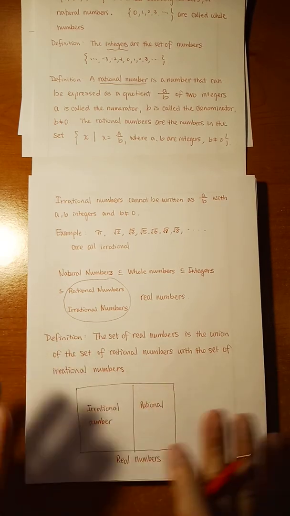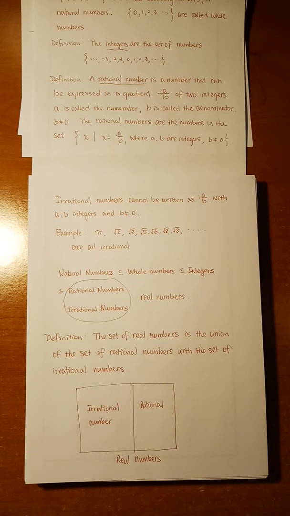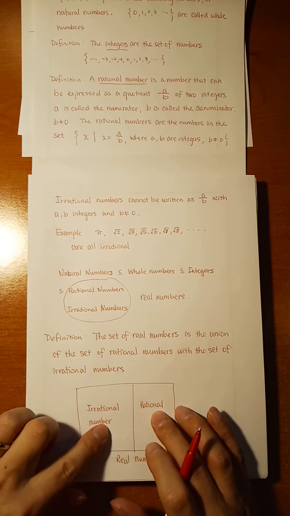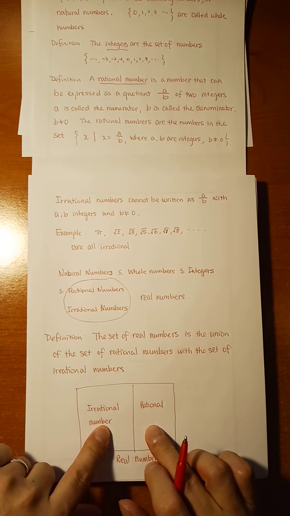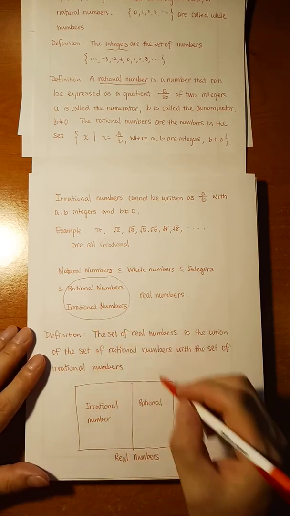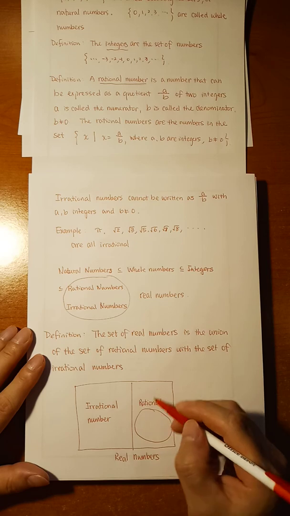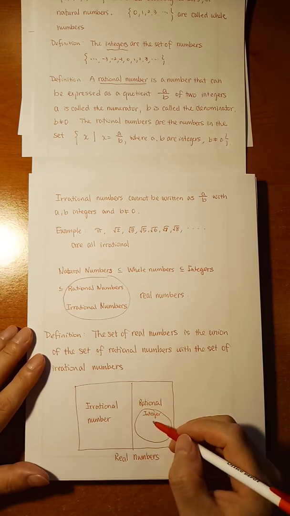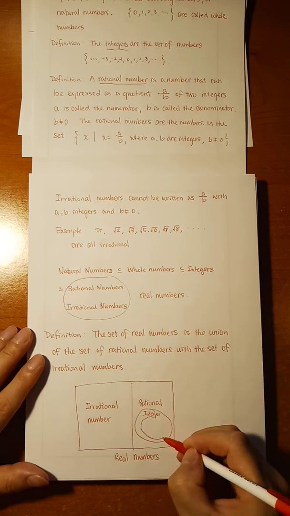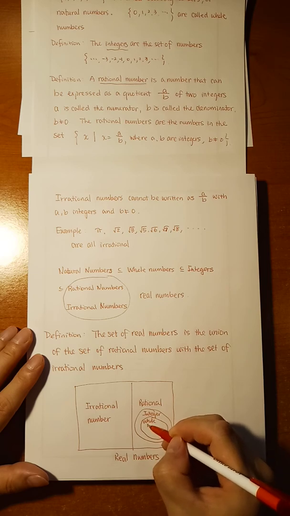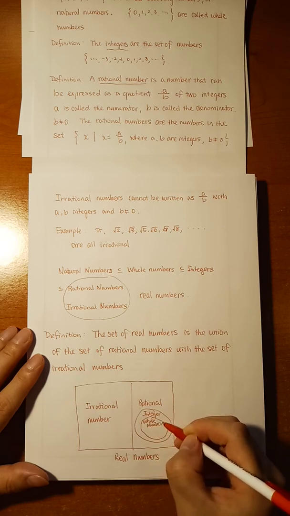The real number is rational or irrational. Rational and irrational have an empty intersection. In other words, the complement of rational is irrational, and the complement of irrational is rational. They are complements of each other. And inside the rational, you will have integers. Inside integers, you will have the whole numbers. Inside the whole